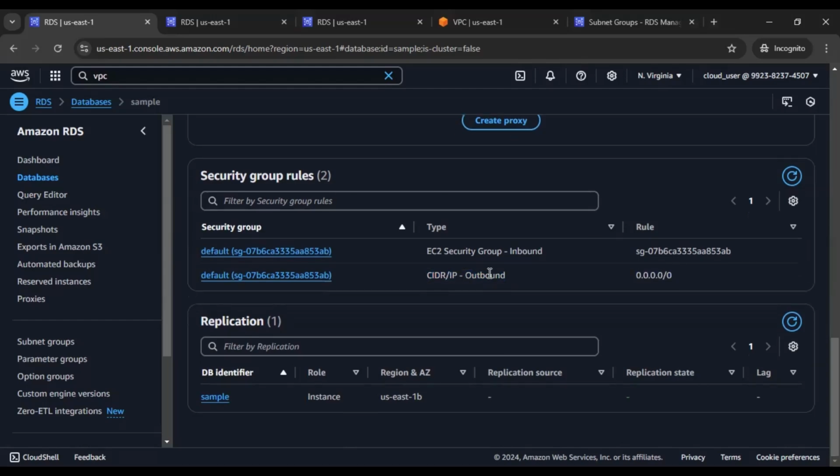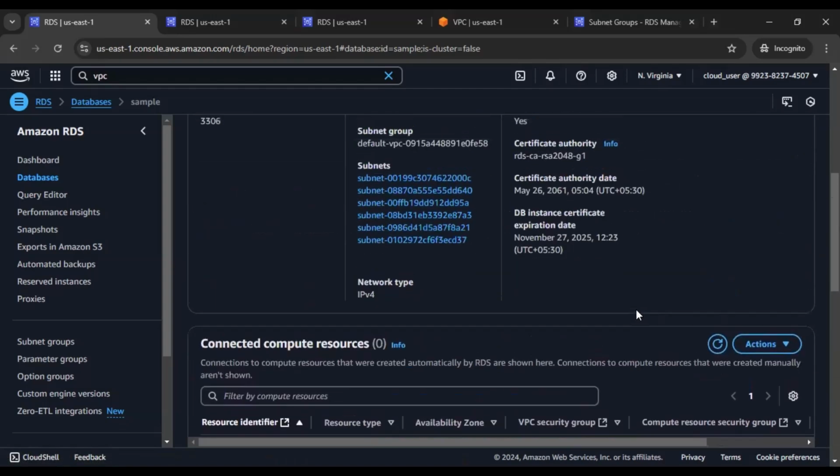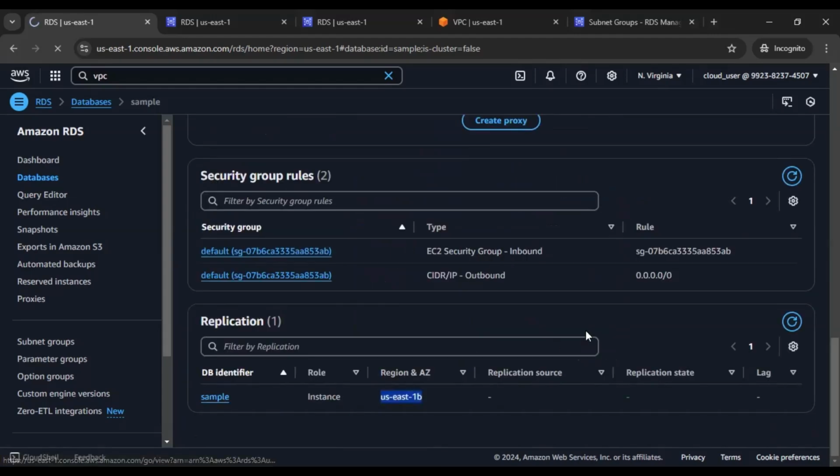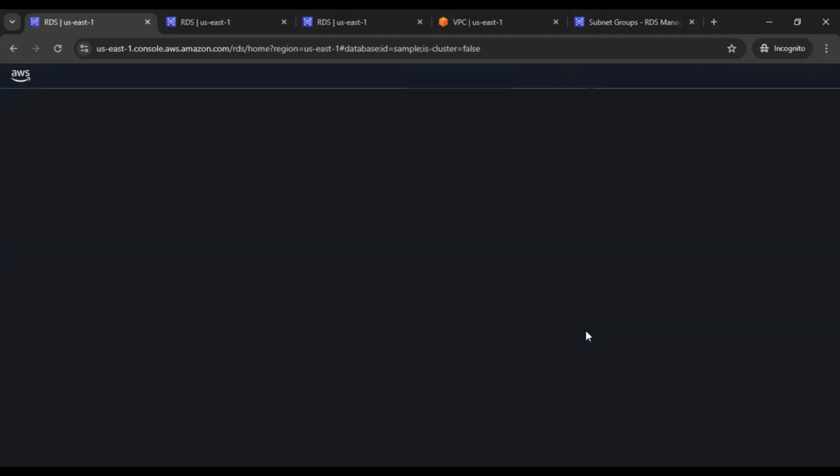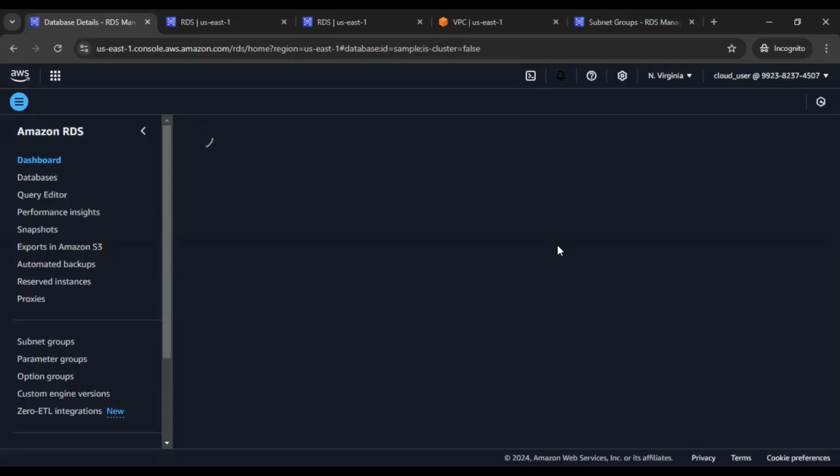So this is our security group, and we have replication on, and this replication is basically to the sample DB. We have created this database as a multi-AZ instance, so that's why it is replicated right now to US East 1B. We can click this replication instance as well, and we can see